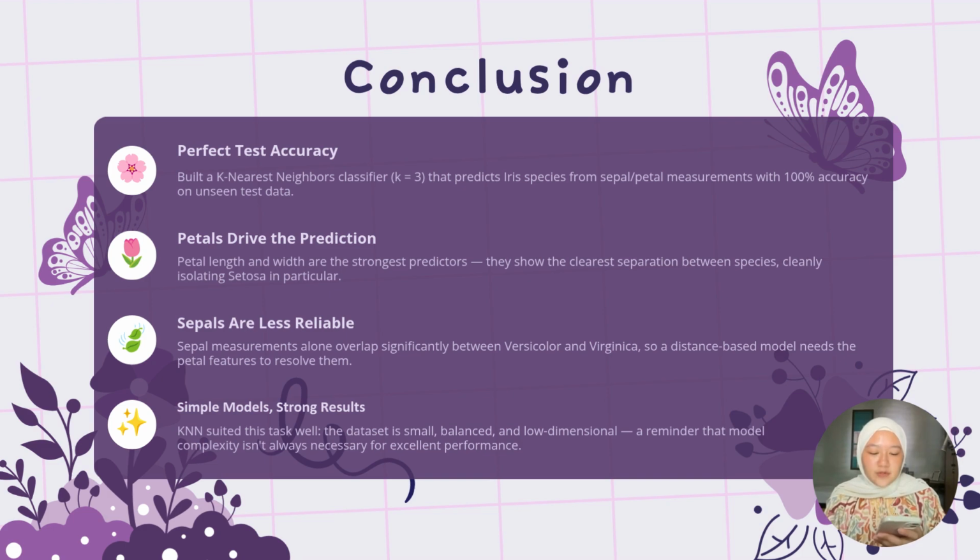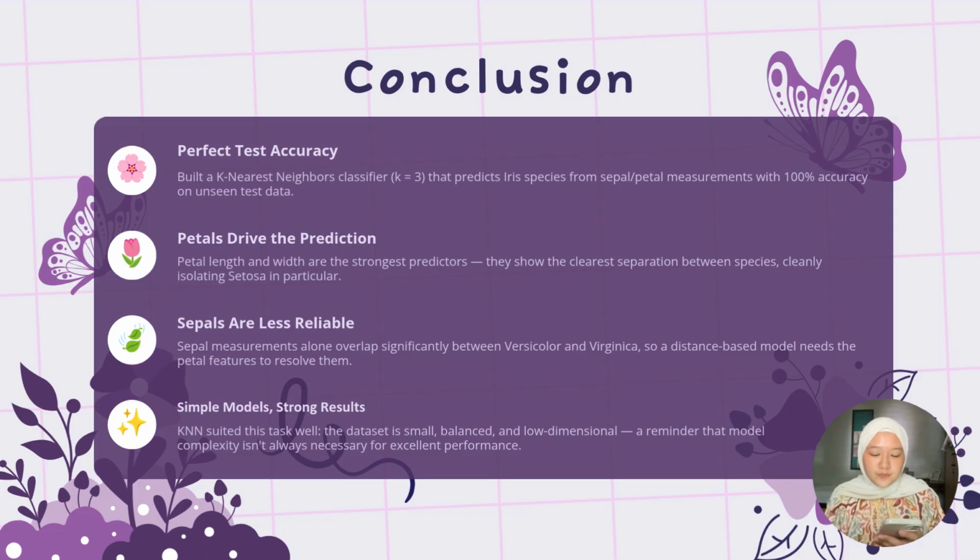Second, petals drive the prediction. Petal length and width turn out to be the strongest predictors, showing the clearest separation between species and cleanly isolating setosa in particular. Third, sepals are less reliable. Sepal measurements alone overlap significantly between versicolor and virginica, so the model needed the petal features to properly resolve those